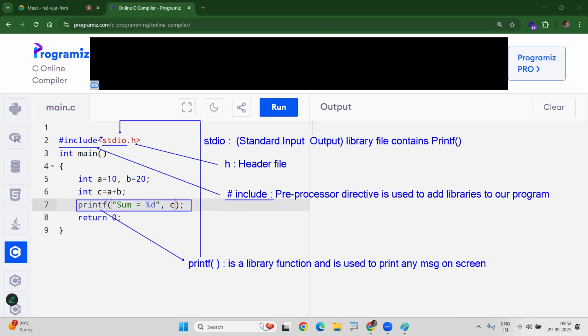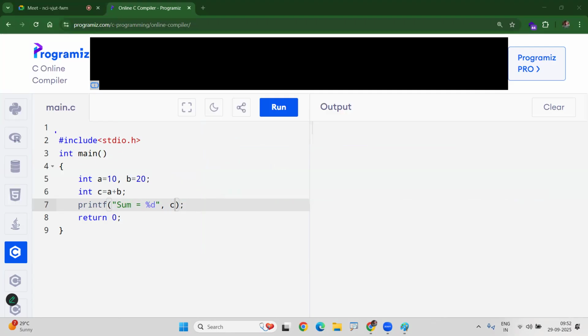How to add that header file? Using the hash include preprocessor directive, we can include it. This is the one. So based on this, if anyone asks,